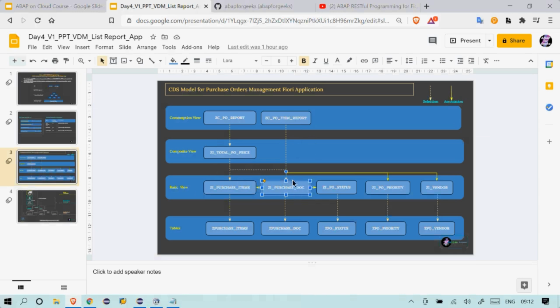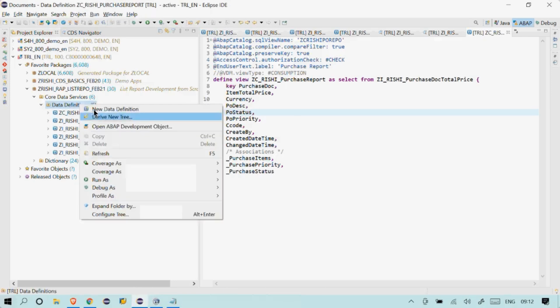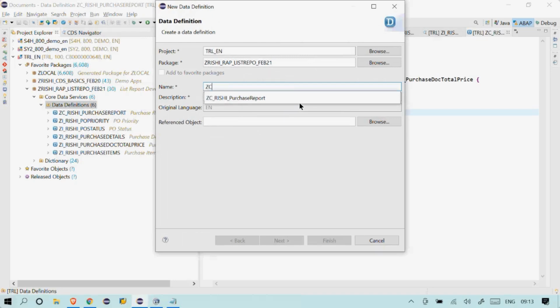So here if you see, I've skipped the composite view for this item details because I'm not performing anything under that. So I could have added one more, because just to have a simplicity, I've directly created the consumption view on top of my purchase document details. Okay, this is the one. So purchase document details, this is how it comes, not here. So this report will fetch the information from this item, okay, not directly. This is the arrow mark which is pointed to this way. Okay, so I'll create one more, the final one, which is on item data, which is a consumption view. GC Rishi item data.